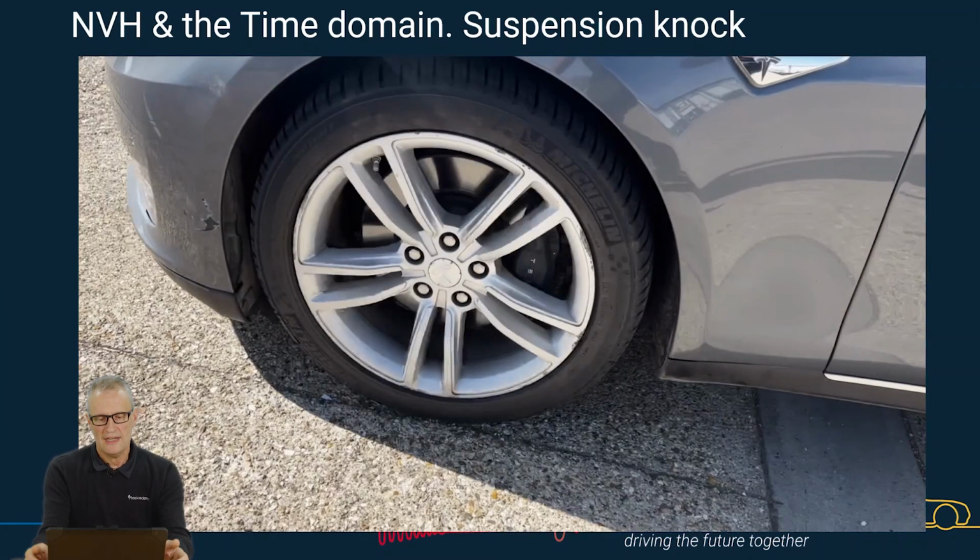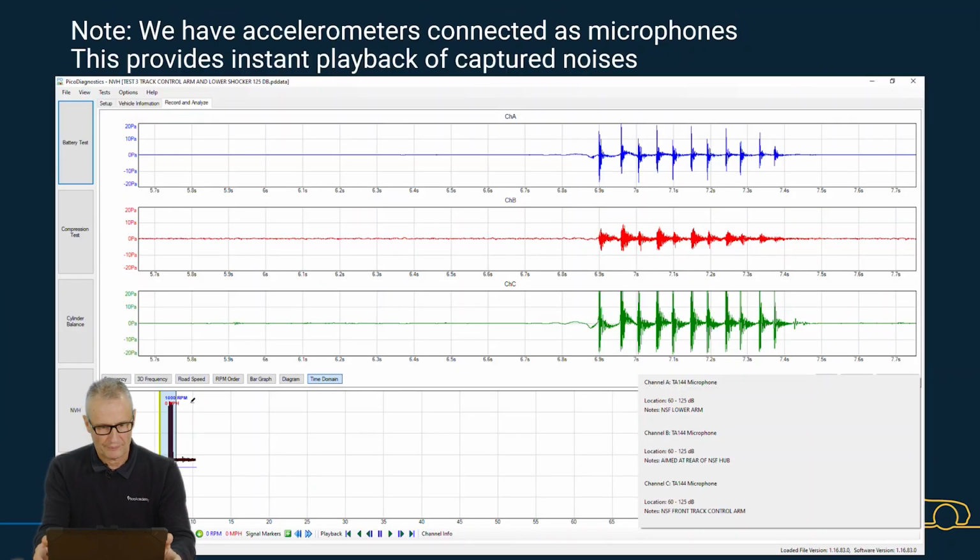So this was a really annoying rattle, and one of those rattles that was so loud and so positive you'd think that you would put your head underneath the vehicle and you would see something falling off. Not the case. Well, first of all, we apply accelerometers around the suspension and we use the time domain of